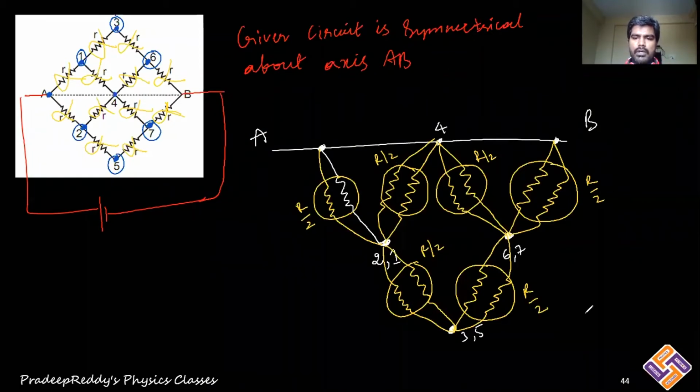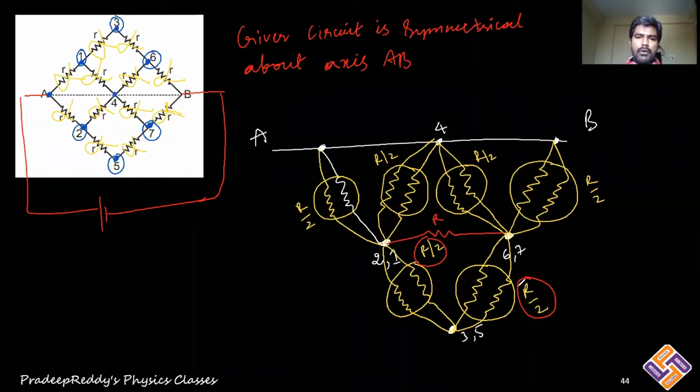Okay. Now check it. This R by 2 and this R by 2 are connected in series, between 1 and 6. Therefore, overall, I will replace this total with one resistor whose value is R. So this part between 2 to 3 is R by 2, and between 3 to 6 it is R by 2. Both are in series. R by 2 plus R by 2 becomes R. That R is between 1 and 6. I have redrawn it with red ink, resistor R.